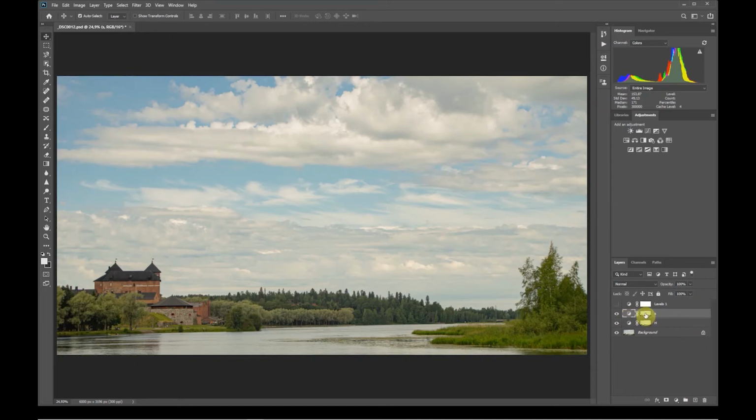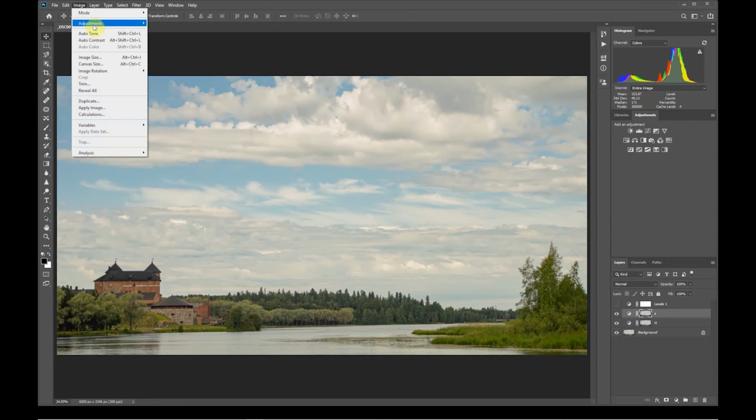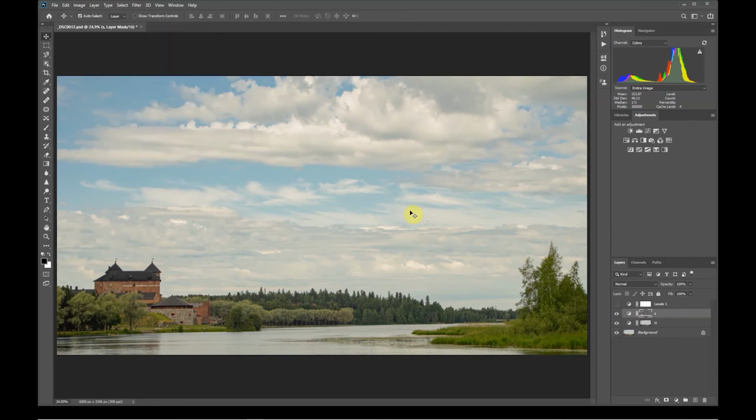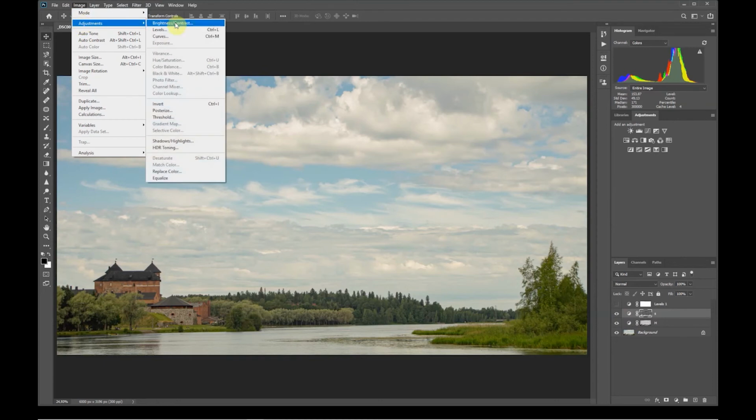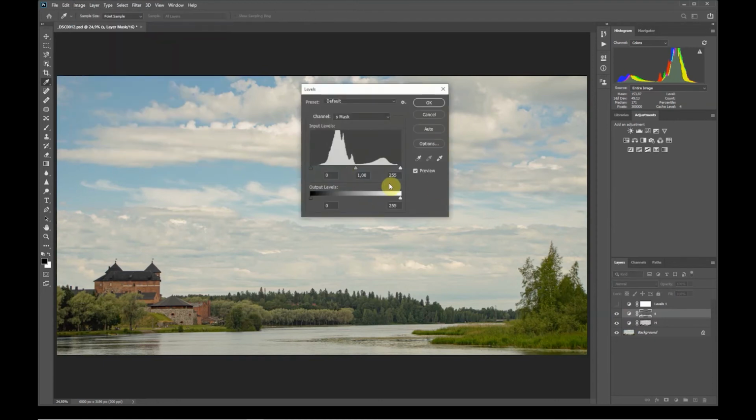And we need to invert the layer mask. So I need to click on the layer mask, and I'm going to go to the image menu, adjustments, and then invert, or Control I as well. I'm just going to change these layer masks, just tighten them up a little bit. We're just going to go to image, adjustments, levels, and we're just going to change this so it doesn't affect too many of the midtones. So we're going to select 75 here to tighten that up,